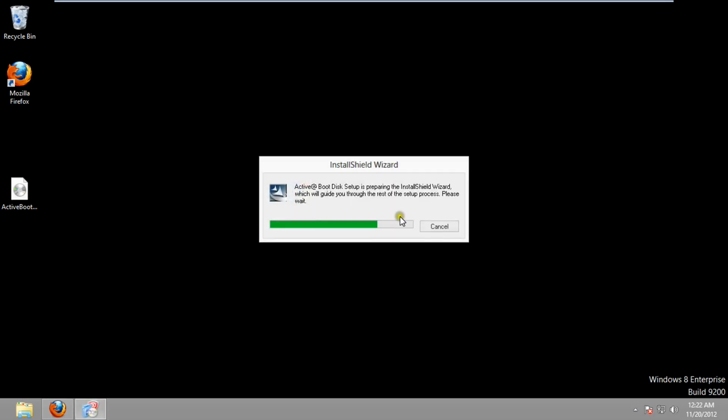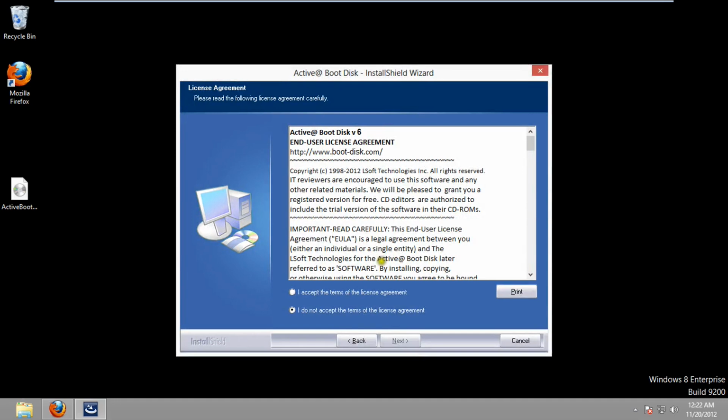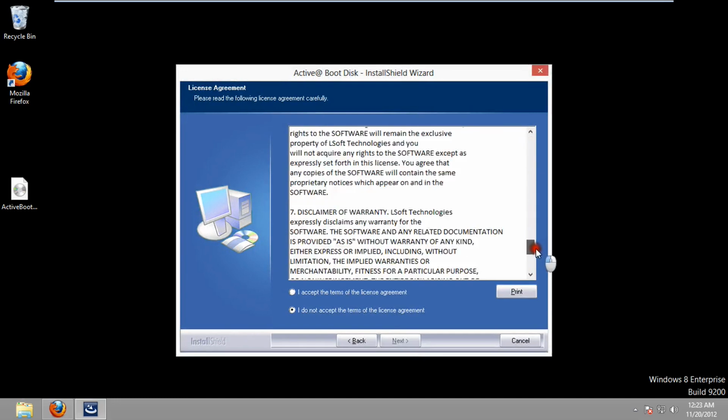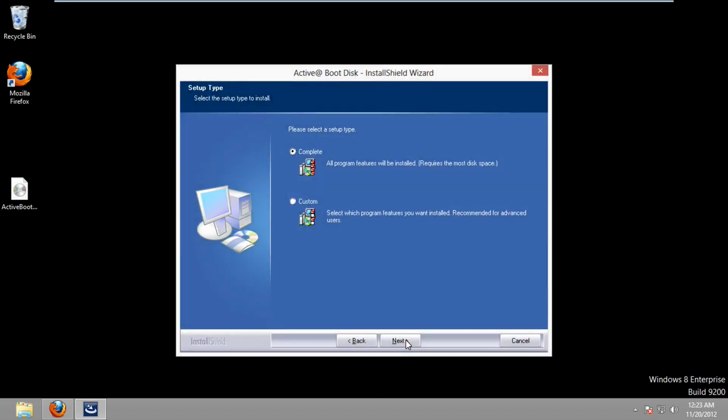and I'll walk you through the installation process. On this first screen, you can go ahead and click next. Here is the end user license agreement. You can go ahead and read through this if you care to. I don't really read through it, but you might be different than me, so go ahead and read through it. If you accept the terms of the license, go ahead and click that option, and then click next. And then I would just use the complete installation. It's not that big of an installation, so just leave it as complete, and click next in the bottom again,